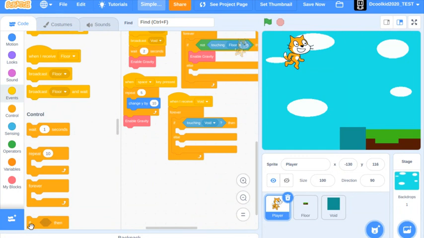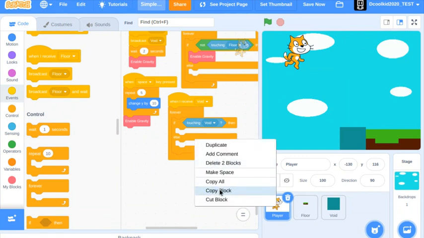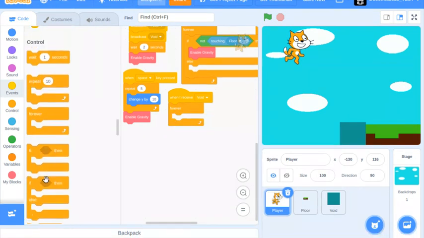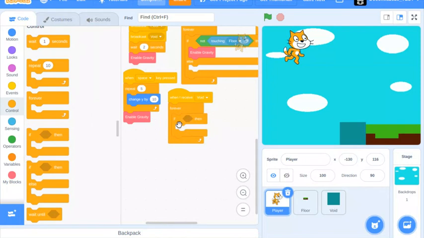Also, don't make it an if else loop. So I'm just gonna change it. Dang it. So if touching the void, I don't even know if I'm. So if you're touching the void, then